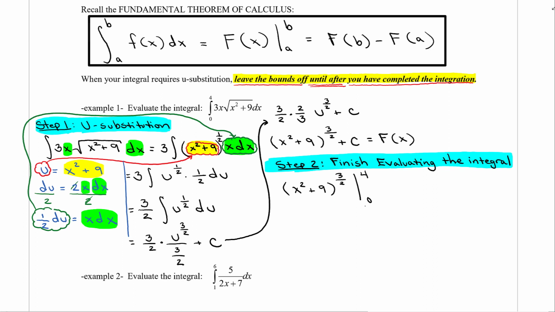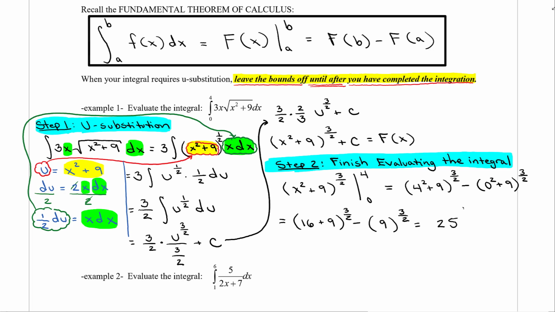So this is going to end up being (4² + 9)^(3/2) minus (0² + 9)^(3/2). This is going to equal (16 + 9)^(3/2) minus (9)^(3/2),